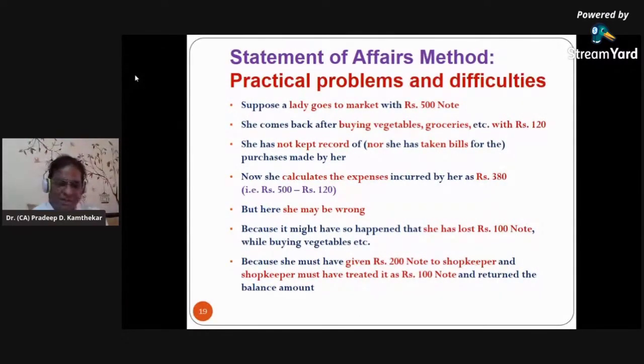Similarly, in this example, that amount of 380 rupees calculated by that lady is not accurate, because this is on estimated basis. And in accountancy, accuracy is very, very important. And by accuracy, we say that we are sure that this figure is revealing a true and fair view of the profit or loss, and a true and fair position of assets and liabilities. And that's why, friends, today's topic we have taken for interaction.